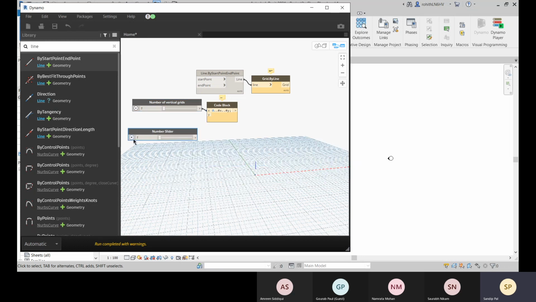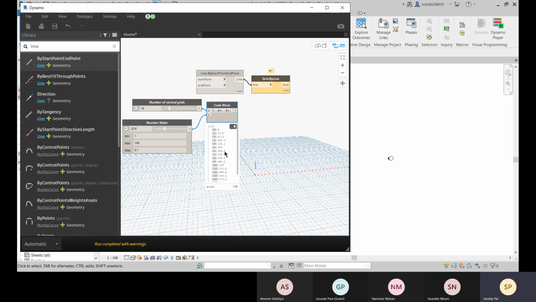Number slider. So for this, you can give the minimum as 1, and then decide what the step will be. That is okay. 0, 1, that is okay for me. And let me connect it. And now let me just show you this one. Now I don't have any list over there. So just let me increase this, and here you can see.